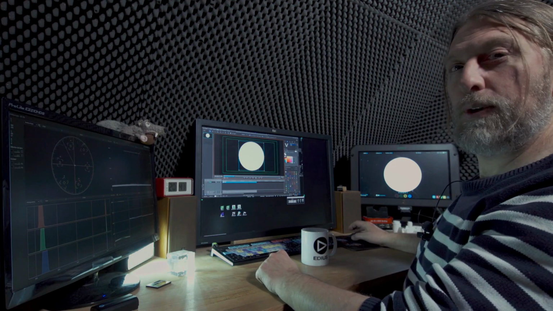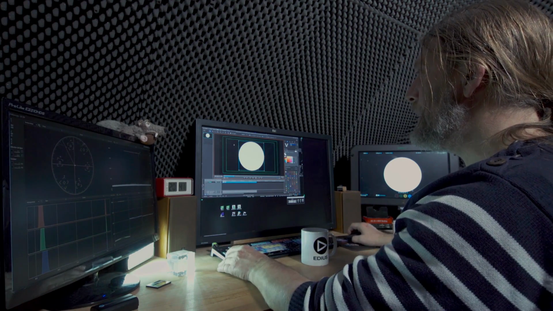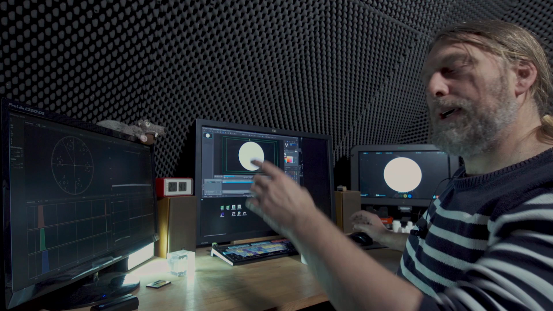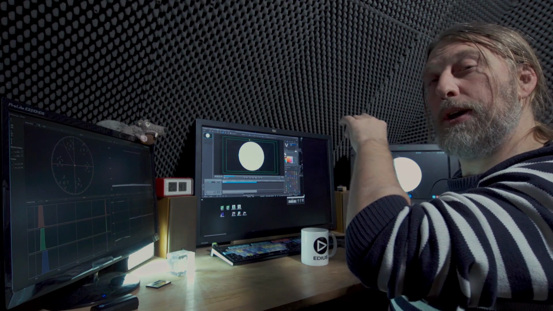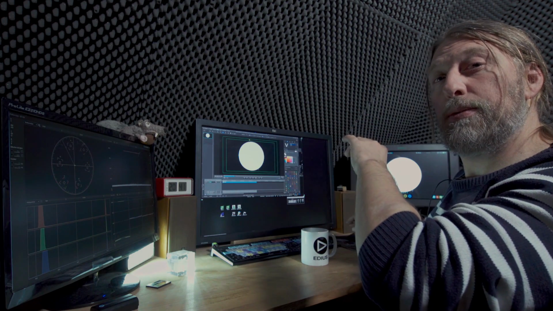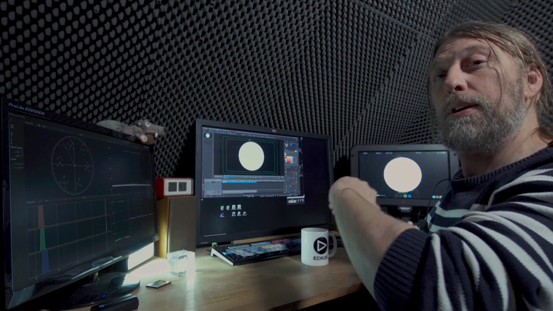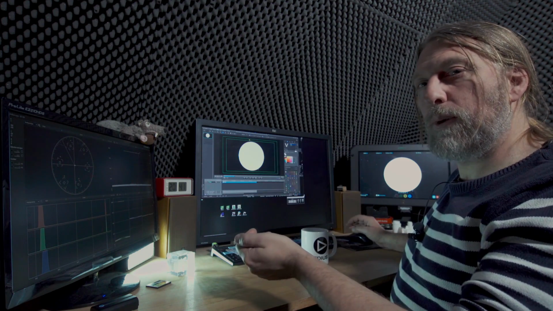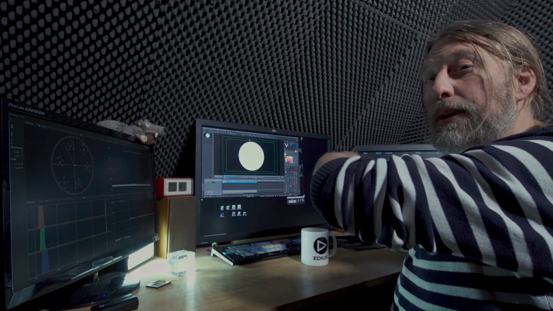So here, I'm going to center it by pressing H on the keyboard. And now I will use the text rounding function. Rounding the text in VisTitle creates a path for the text. In fact, it will make a path on which the text will go. So it can be a circle, or it can in fact be any shape.